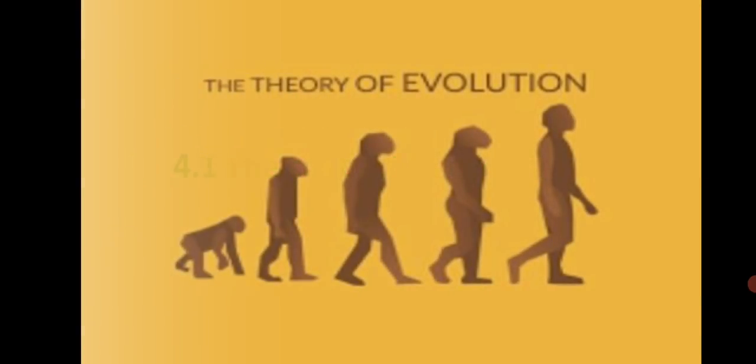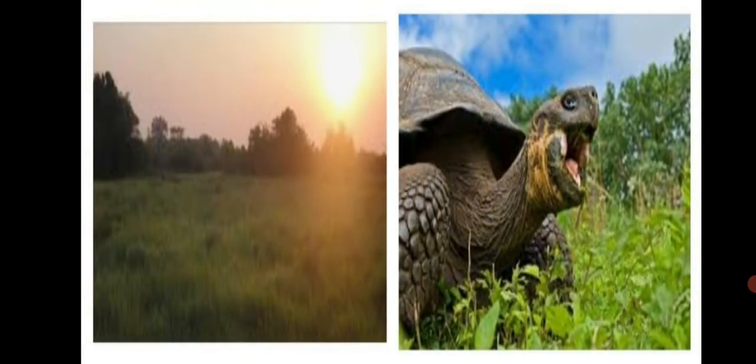Now the word evolution is generally understood to mean gradual and continuous change. So in this picture you can see changes in the life of human beings from apes to a proper human being. Evolution in the plant and animal world can be explained in the following manner. In the process of survival, by adapting to environmental changes, certain internal physical changes occur in some animals of a